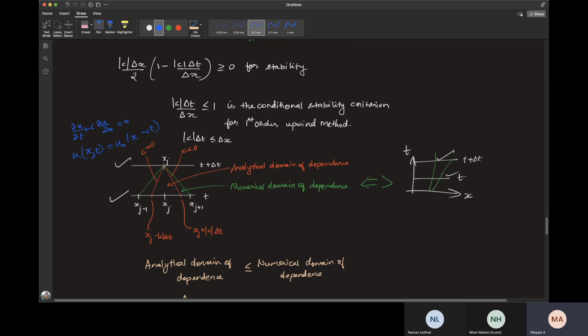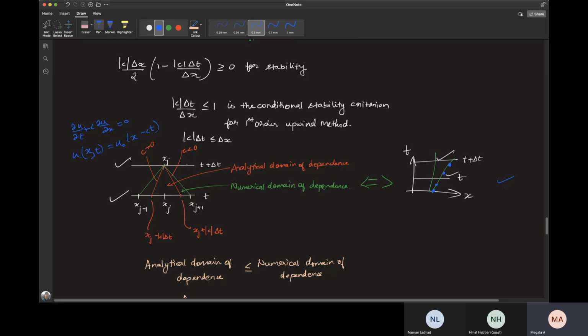So actually, when we said we are drawing characteristics, then any solution at this point will actually be equal to the solution at this point and then the initial condition itself. So you just move your initial condition to some different time and some different location as governed by your characteristics, and then you find the solution. So this is how we were finding the solution for our linear convection equations initially.